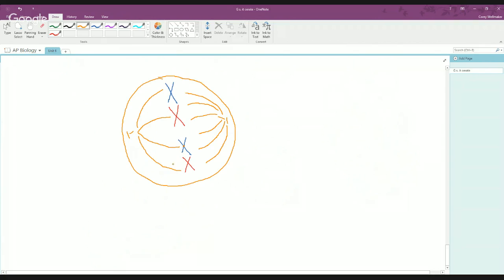And then also they're going to stretch past the chromosomes and interact with each other. They'll basically start pushing against each other, and by pushing against each other, the cell elongates like this. This is what helps split the cell or push the cell out so that it can eventually perform